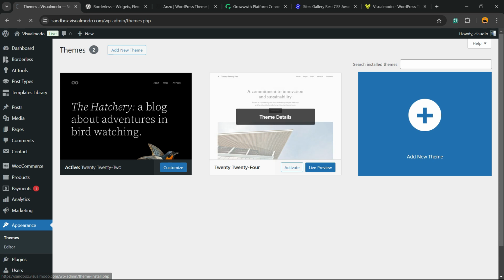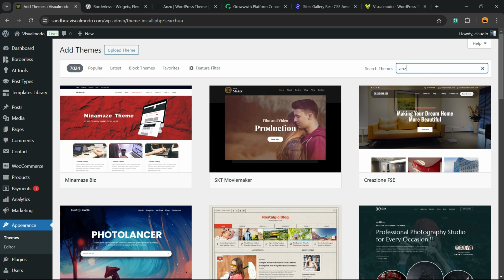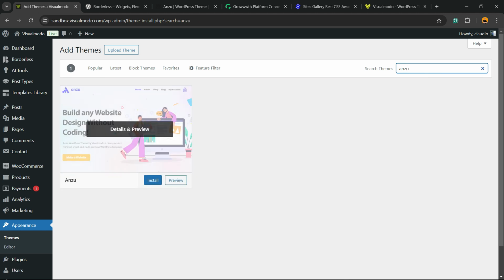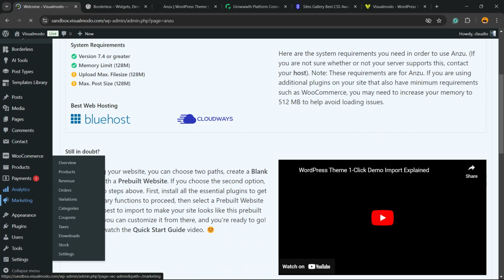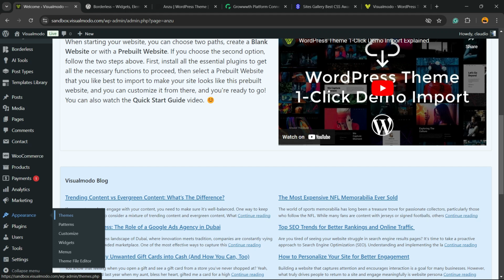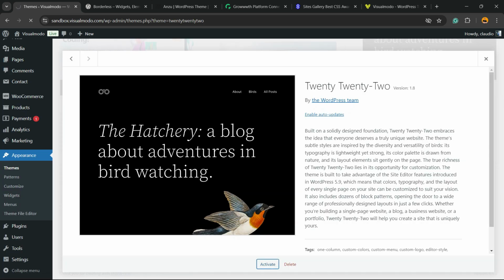So in the case that you are using normal WordPress themes or classic WordPress themes, like for example our Enzo WordPress theme, you can see under the WordPress appearance menu submenus like themes, patterns, customize, widgets, menus, and theme file editor. However, as soon as you change this classic WordPress theme to a block WordPress theme, like 2022 for example,